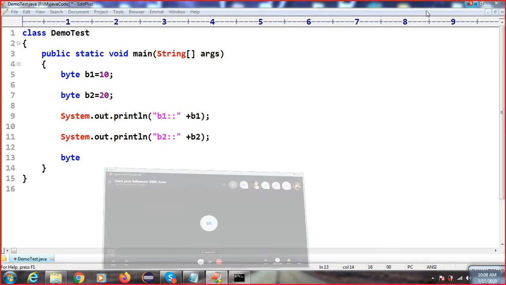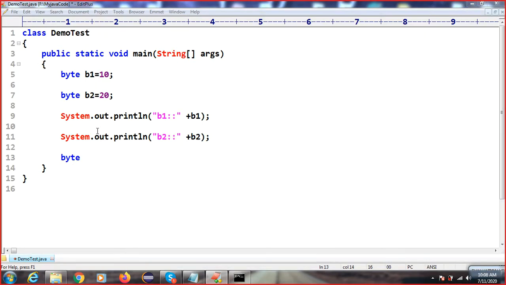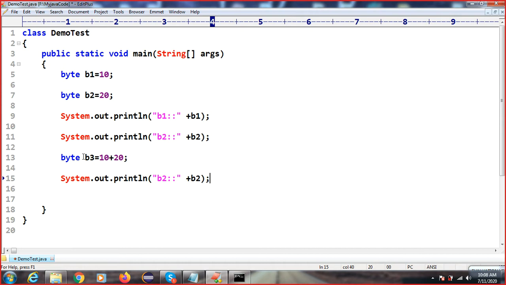Okay. So these two variables I just stored here. But now I'm going to store in b3 the value 10 plus 20, and again I will print this value b3 simply.